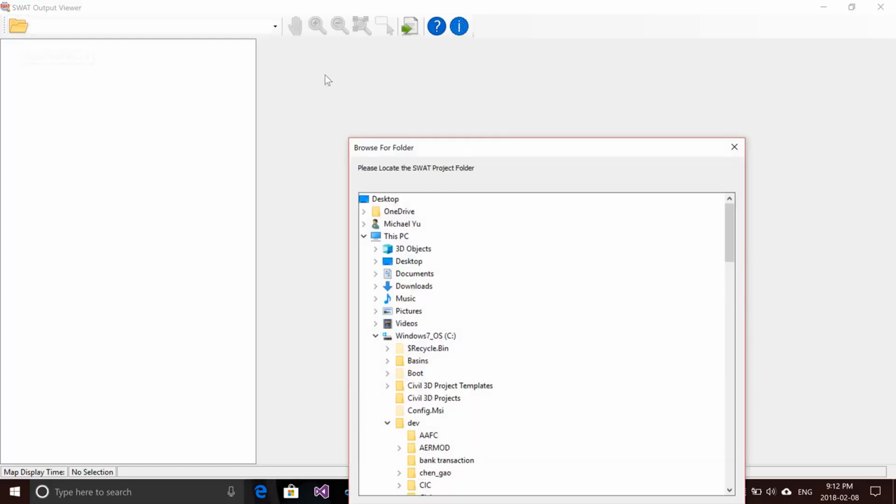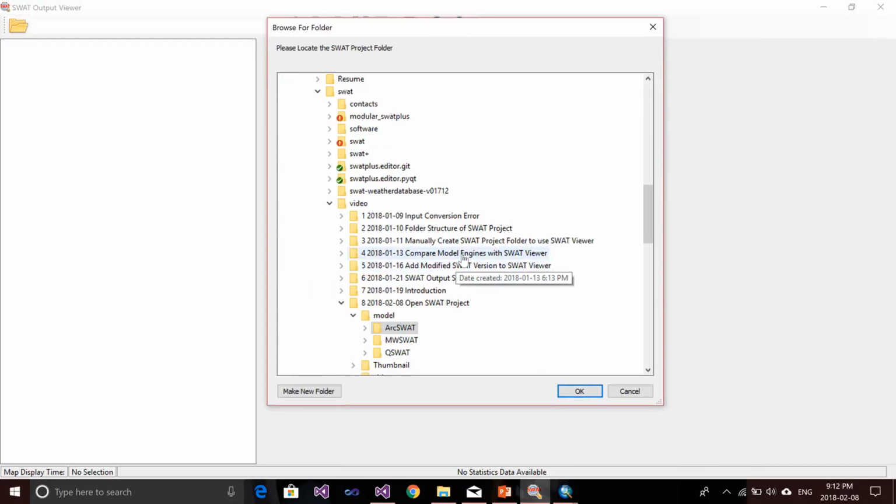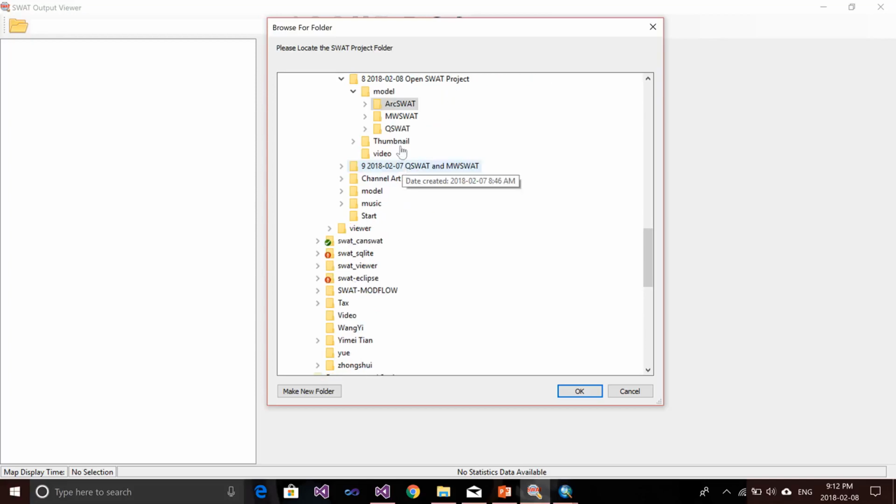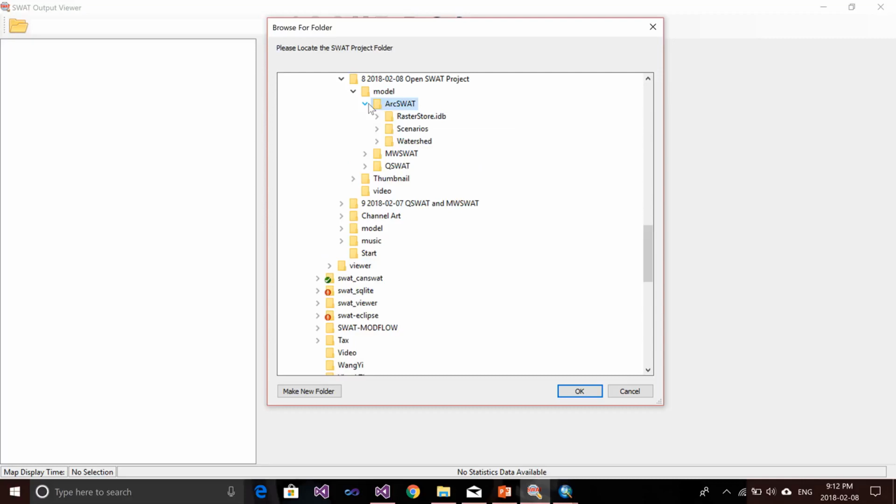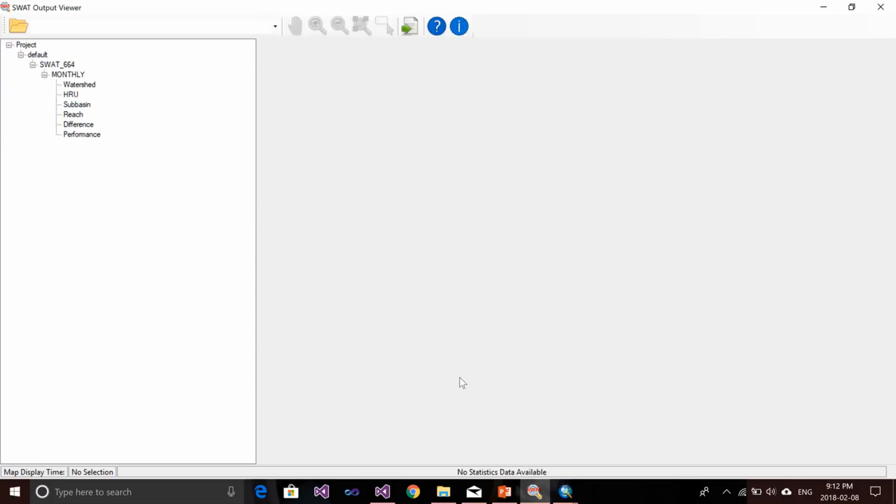So let's switch back to the SWAT viewer. To open a SWAT project, you want to use the top left button called Open SWAT Project. Click that button and scroll down to your ArcSWAT project folder. For me, my folder will be the ArcSWAT folder, and in this folder I have the scenarios folder and the watershed folder. After I select the ArcSWAT folder and click OK,